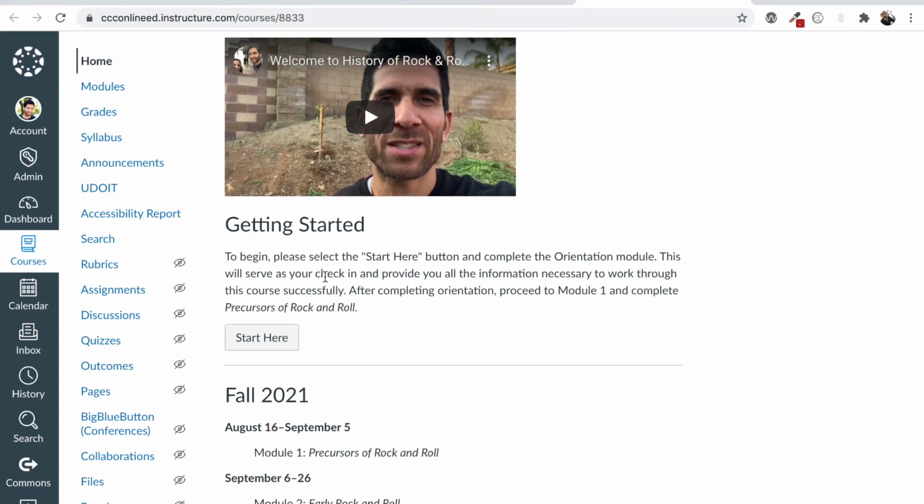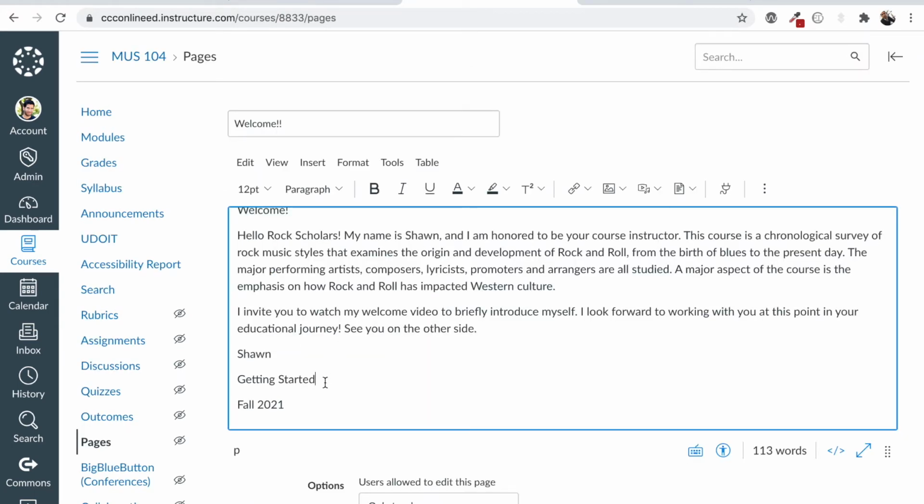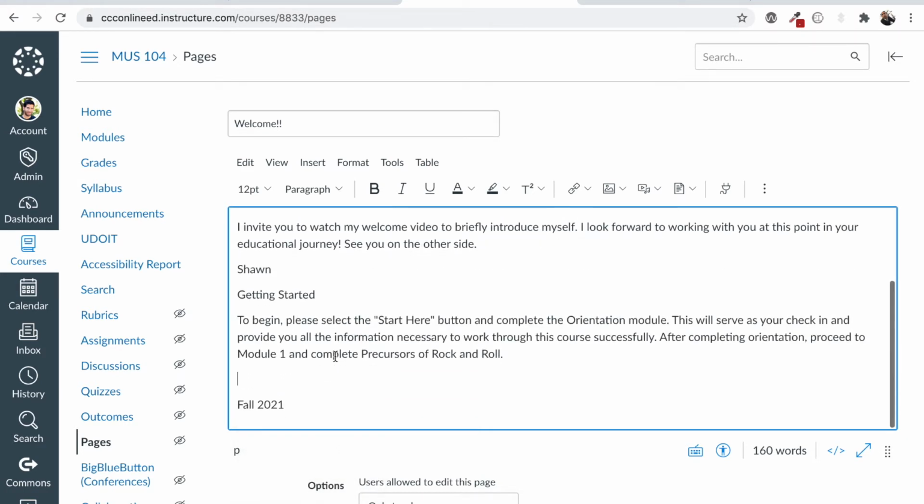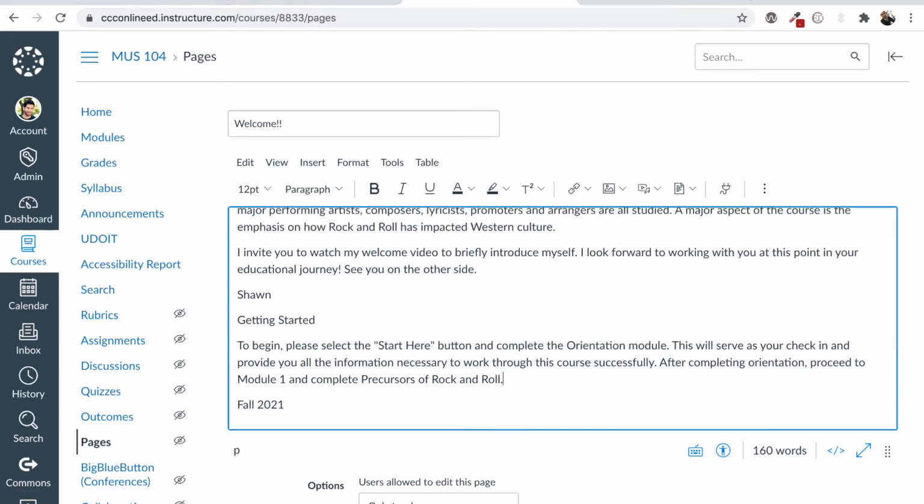I have some more lines of text. Copy this, and under getting started, I'll use my paste and match style. And then see here that it actually added an extra line of paragraph text with nothing there. You want to make sure that those are not kept in there. So I'm just going to hit the delete button. And why? Because